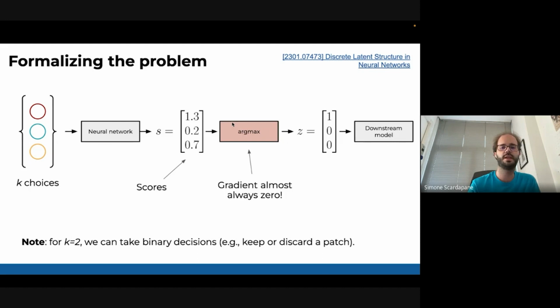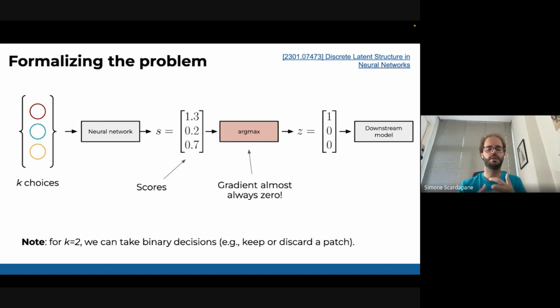The issue here is that this maximization, selecting the highest value, is very hard to optimize because its gradient is almost always 0. It is non-zero only when you have a discontinuous jump from one maximum to the other. So it's really hard to optimize, because we will almost never have a gradient and the backpropagation will break. By the way, this part is a little bit more mathematical. If you want, you can ignore it until I get to the examples later on.